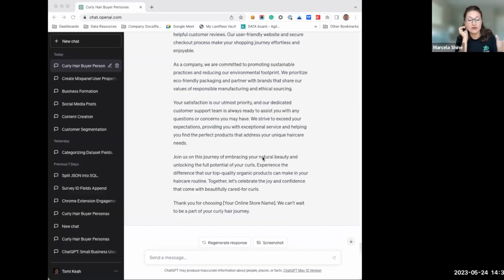One of the questions I get all the time is, do I have to do a grammar check? How do I know if this is accurate or not? Because right now we're using very general questions, but what if we're doing, I don't know, medical research or something that is more critical to accuracy? So we want to remind everyone that it's a great research tool, but again, you are the knowledge core, and